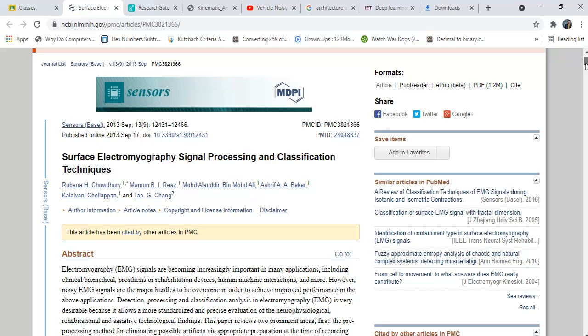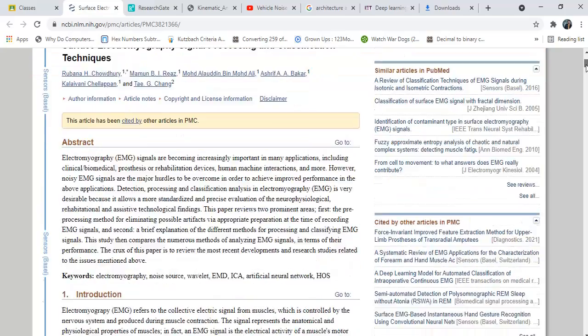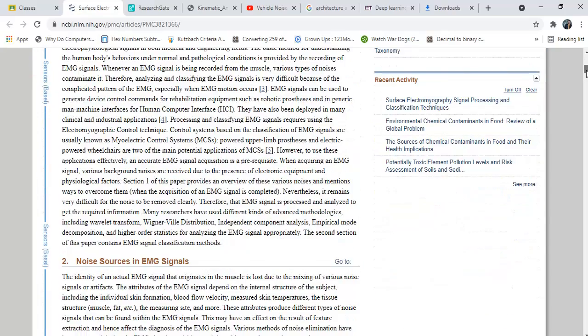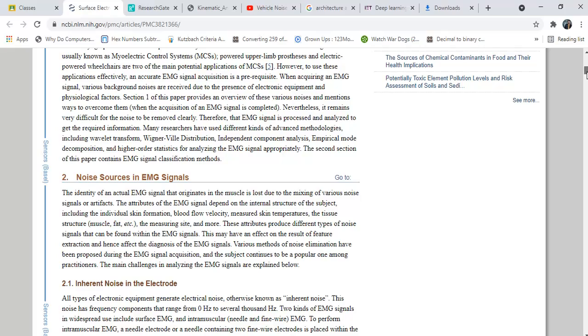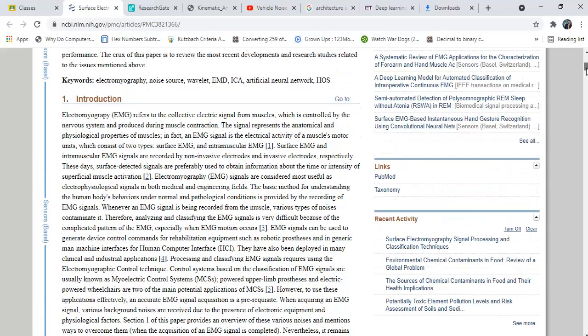Basically this paper explains everything, from the generation of an EMG signal to how the processing of this EMG signal occurs, which includes data acquisition, data processing, removing and filtering the noises, how to amplify, and it also explains the software which records these EMG signals. When our electrodes sense that signal, the stimuli, in the end they produce a signal to our controller.